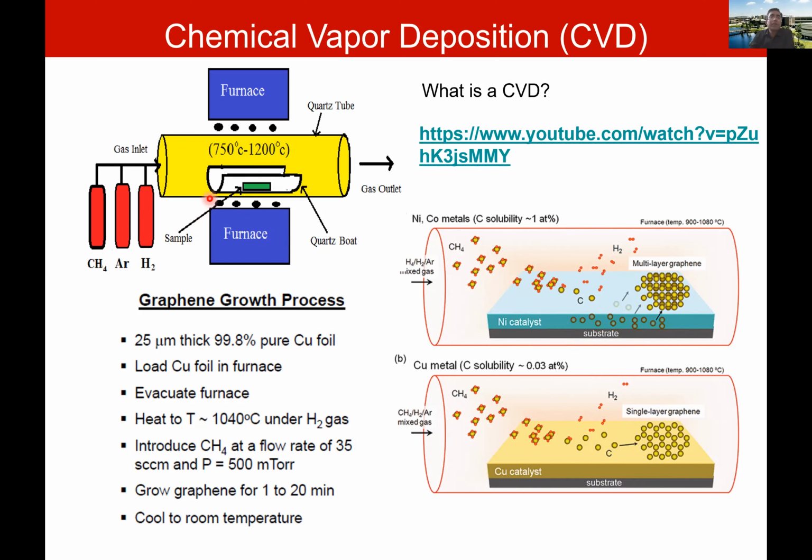In the case of graphene, you are looking for carbon-carbon bond formation. So you need to know where you can get the carbon, and you can get carbon from methane. That's why you use methane gas, and then you have a carrier gas. Hydrogen has some different roles, and I'm not going to go into the details of that. Then you need to know what substrate to use for this growth. It turns out for graphene, if you want to grow single layer, you need a copper film, and if you want to grow multi-layer, you need a nickel film. Then you do the reaction at the right pressure, temperature, and so on, and you will get single layer graphene.